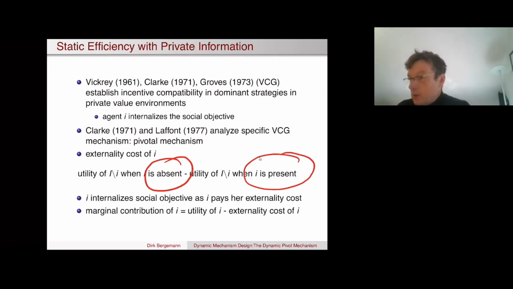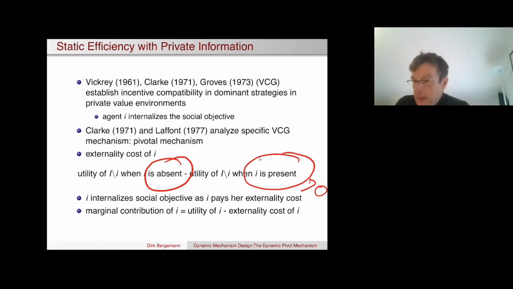So this difference will typically be negative. Will typically be positive. So that means there is an externality cost for agent I. So we're going to say this is positive. Okay, and therefore, agent I will have to pay something. Okay, but to the extent that he does pay this externality cost, he indeed internalizes his impact on the social